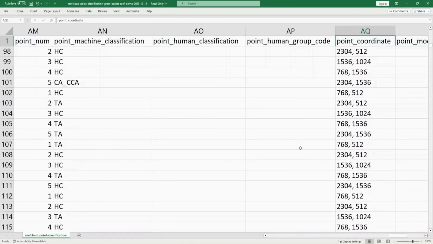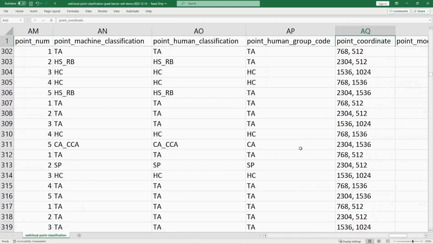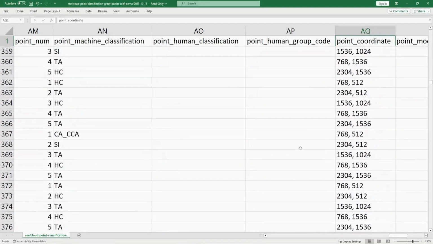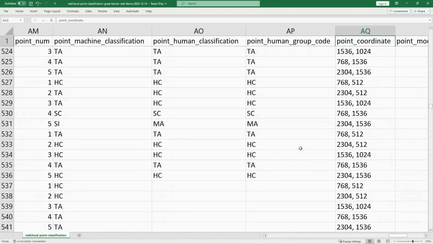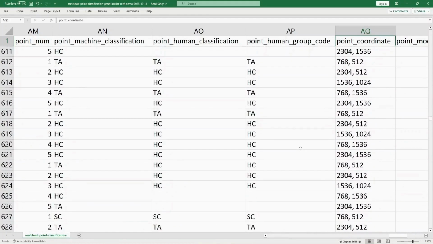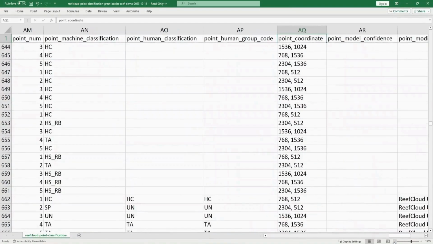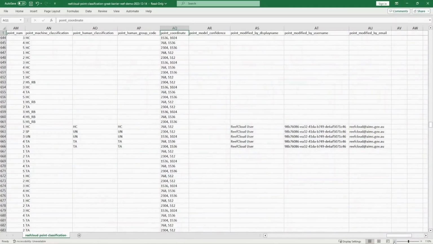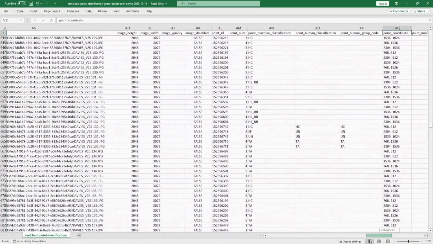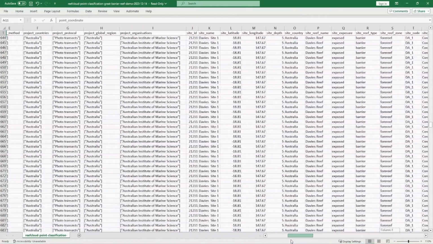As you can see, this export file only includes 5 lines of point data per image, as we chose the 5-point grid option when creating this project. You can request to have a point classification file, which includes all machine annotations per image, as well as the human annotations. This is obviously a much larger file and will include 50 lines of data per image. In the future, we aim to have a filter option whereby users can filter for the data they would like to export.